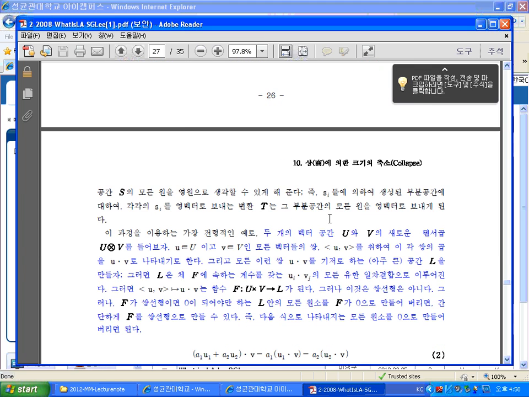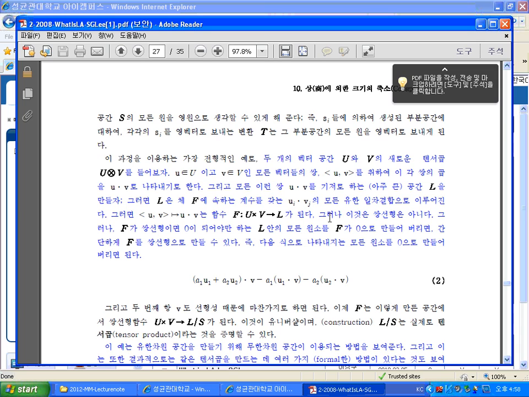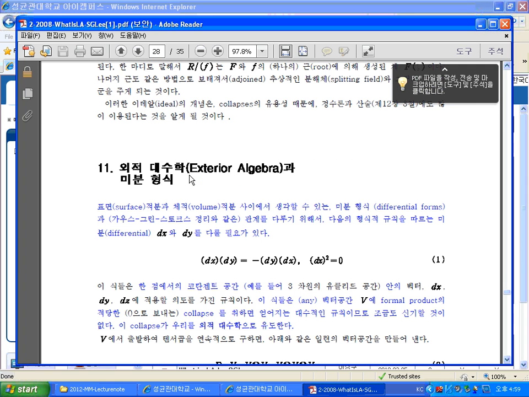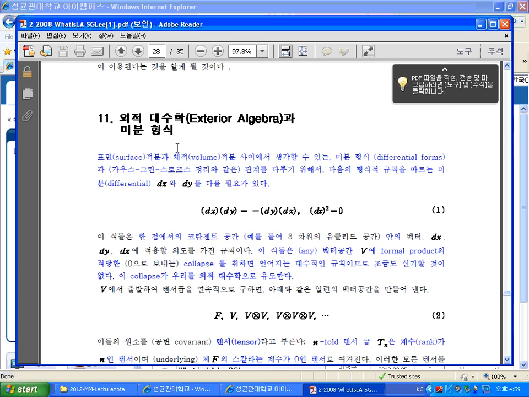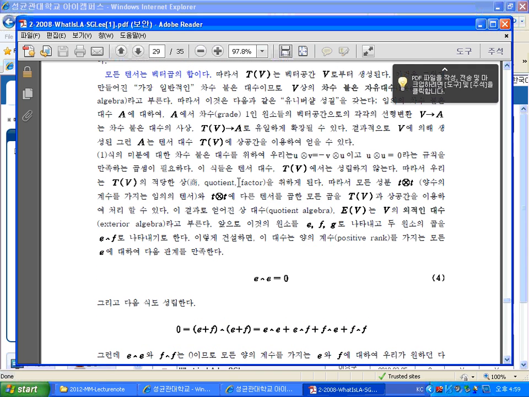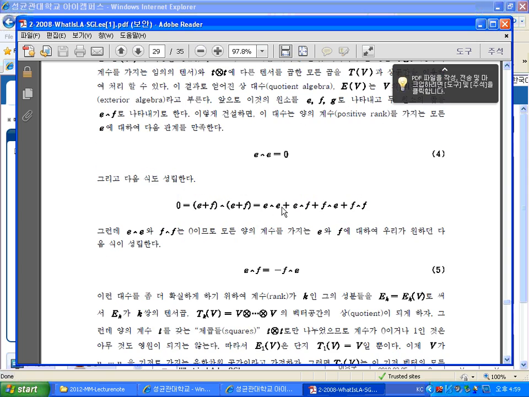So there are many things that you can do after you have a solid background of abstract mathematics, including after linear algebra, differentiation and real analysis, abstract algebra and geometry, topology, and all other courses are done, then you can restructure all of those knowledges in the terminology of a matrix in this way. Okay, so all of those are part of the matrix theory. And exterior algebra and differential forms that you have seen from the differential geometry, these are also a part of the matrix theory as well. Okay,